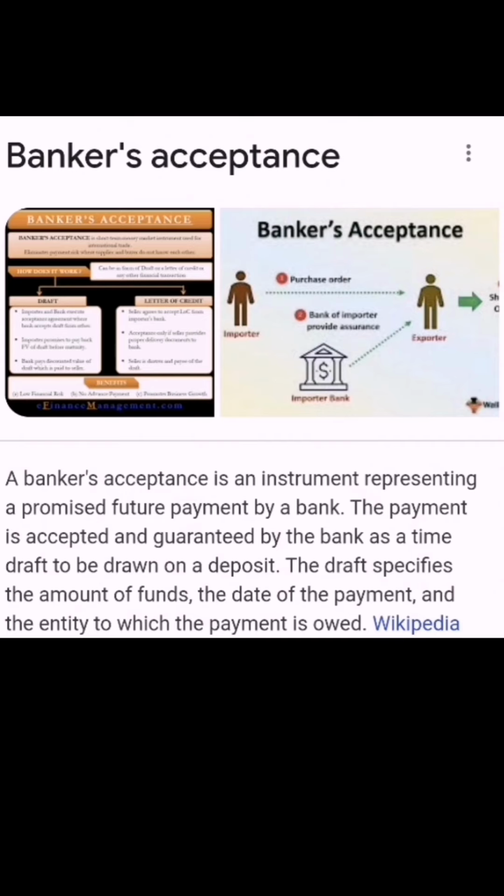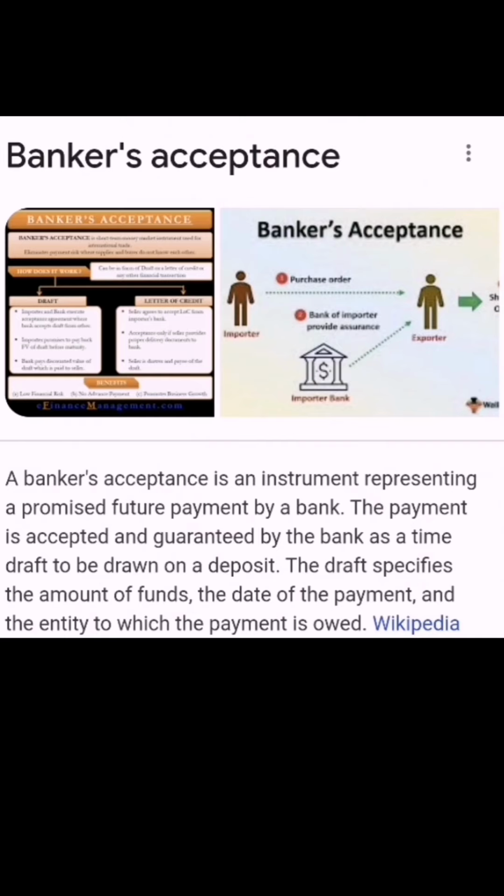Next, banker's acceptance. A banker's acceptance is an instrument representing a promised future payment by a bank. The payment is accepted and guaranteed by the bank as a time draft to be drawn on a deposit. The draft specifies the amount of funds, the date of the payment, and the party to whom the payment